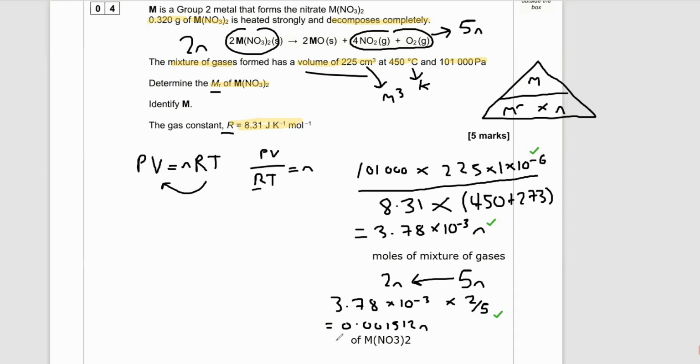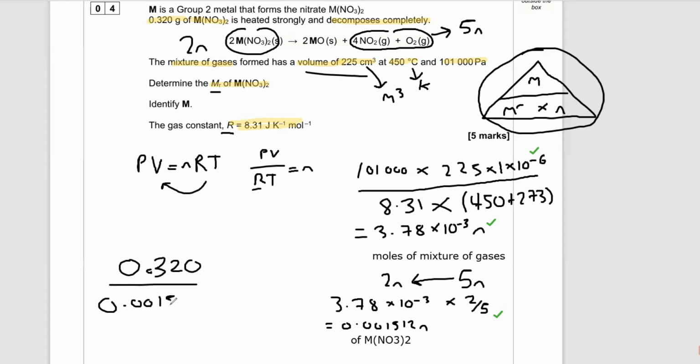Now that we know our moles of the metal nitrate is 0.001512, what we can do is stick it in the mass over Mr times moles. So we're going to have 0.320 grams over the top of 0.001512 mole. So what we've calculated here is that the Mr of MNO32 is